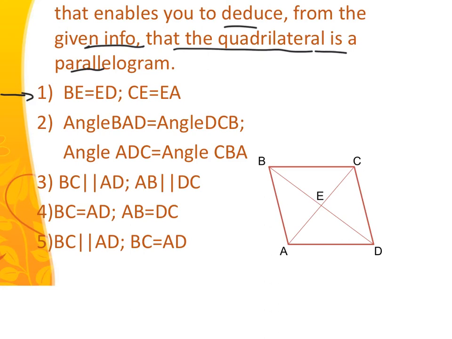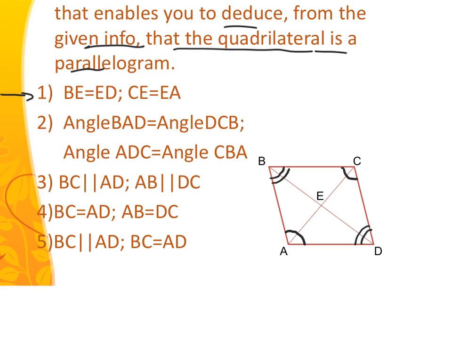The second one says angle BAD, which is here, is congruent to DCB, which is here. And angle ADC, here, is congruent to angle CBA here. Which one of those